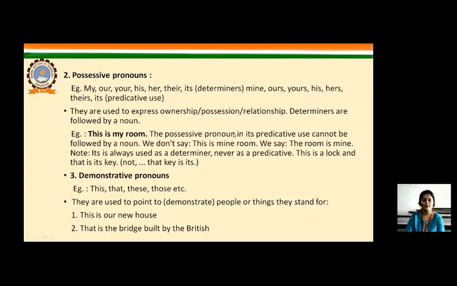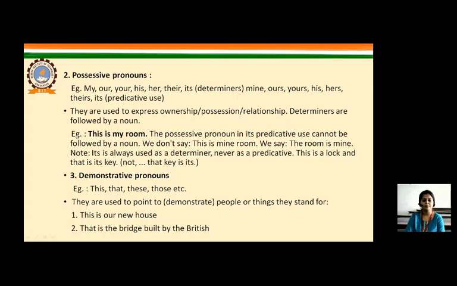For example, if somebody asks you, whose pen is this? Then if it's yours, then you will say, it's mine. Or you will say, no, it belongs to him. So here you are showing who is the owner of that particular pen, or who has the possession of that particular pen. Or you could say answer like, this pen belongs to him. So here you are referring to the person who is actually the owner of the particular commodity, for example pen, house, anything it can be.